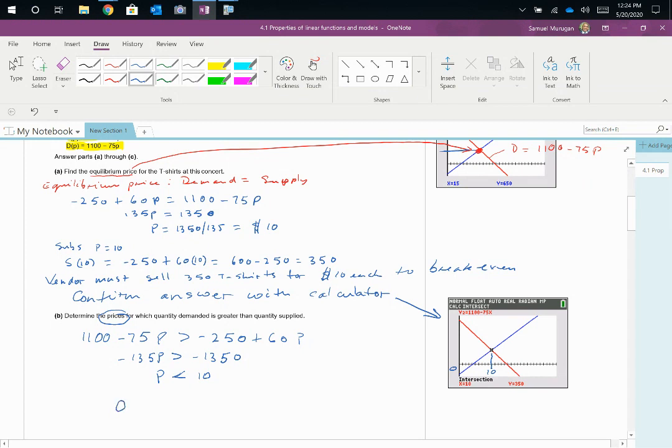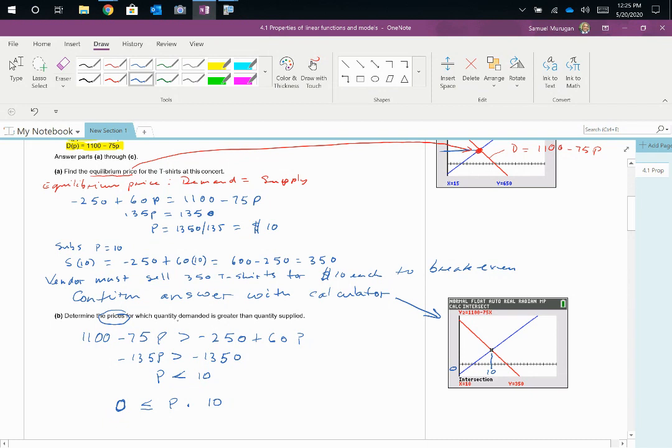From 0, remember, the t-shirt cannot cost less than 0. It can cost $0. Okay. The price of the shirt is between 0 and $10, for which the quantity demanded